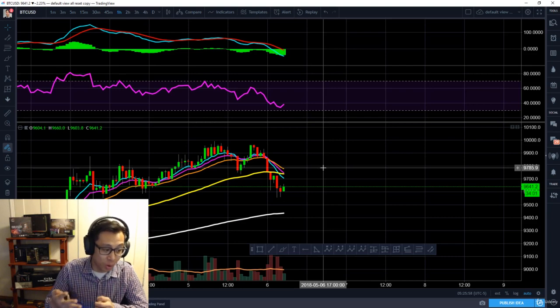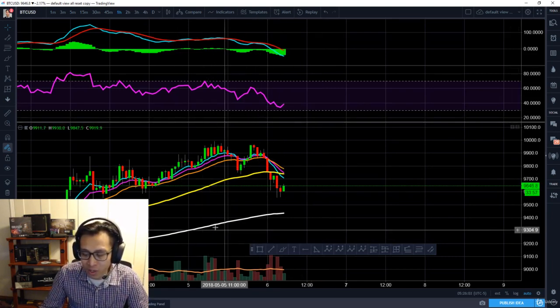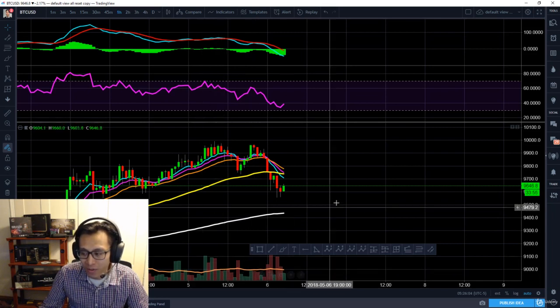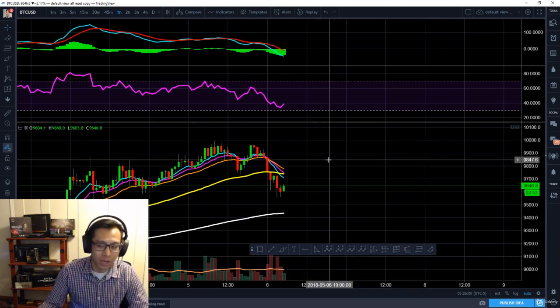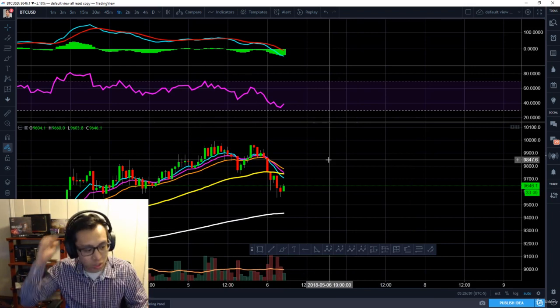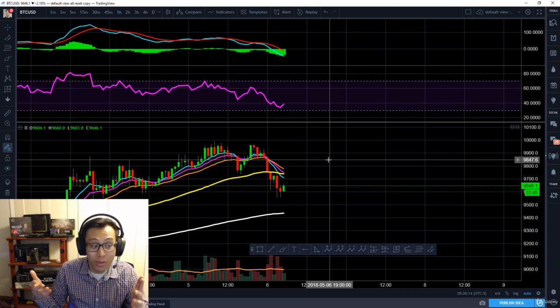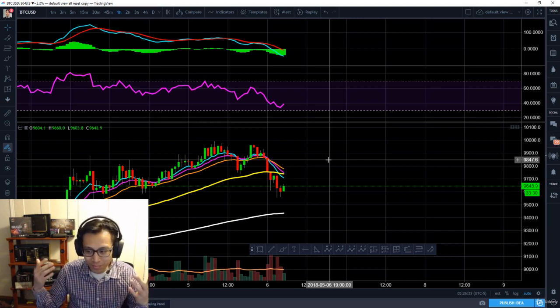I think 4 indicators. Well, I have 1, 2, and then I've got my 5 here, so that's 7, and I've got my volume, so that's 8. But I actually think you can only have about 4. So if you guys are interested in these strategies, I might recommend just paying for it for 1 month. Just pay for it for 1 month, and then after you pay for it for 1 month, yeah, you'll have